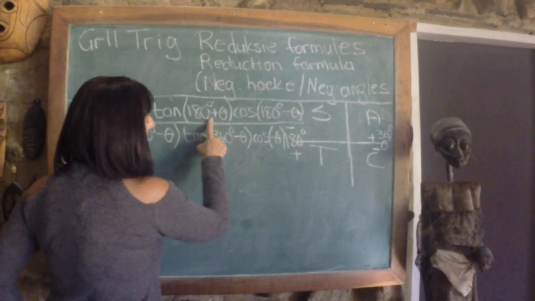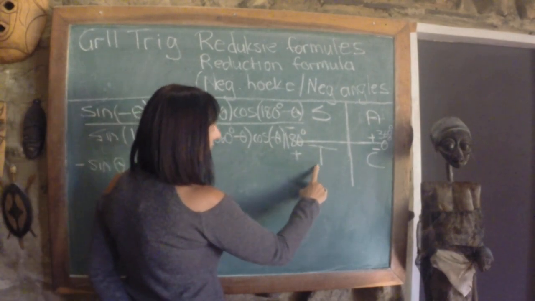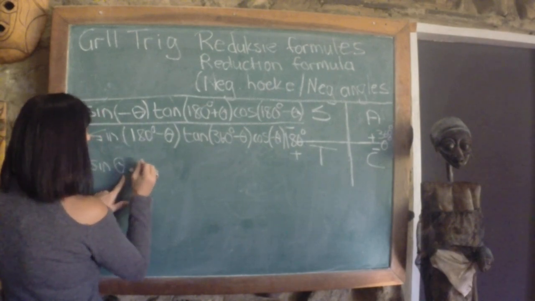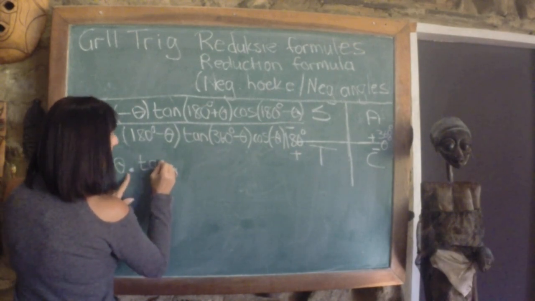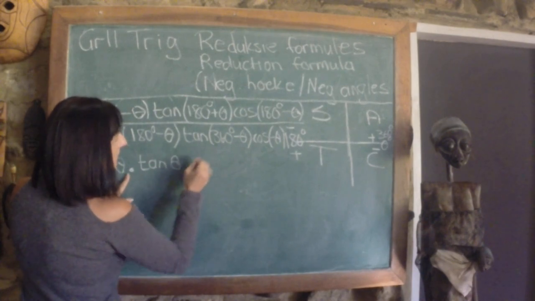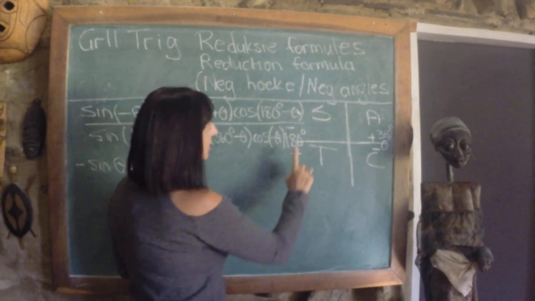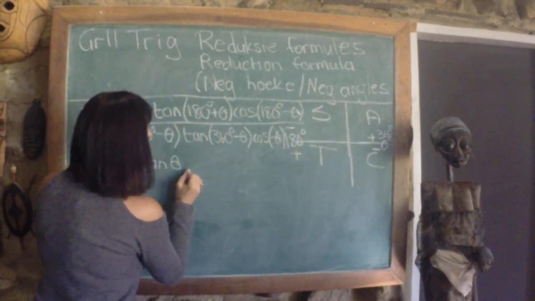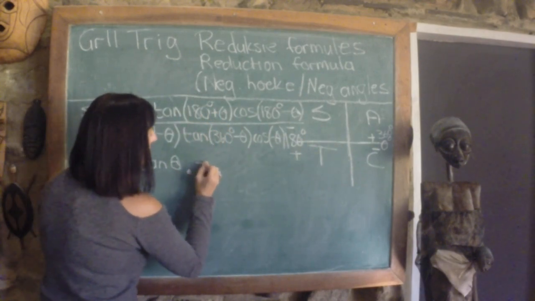Tan van 180 plus, daar's tan positief. So it's multiply positive tan theta, kos van 180 min, daar is kos negatief, maal negatief kos theta,